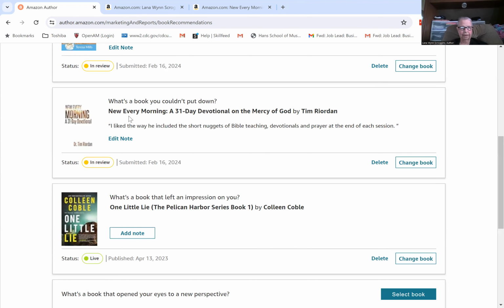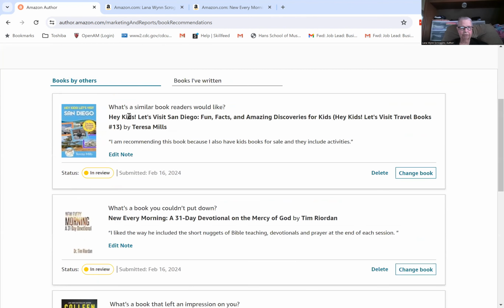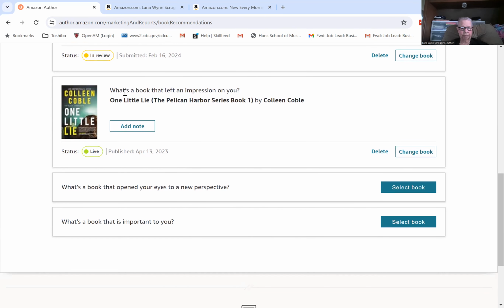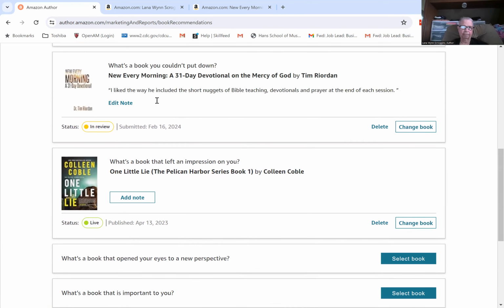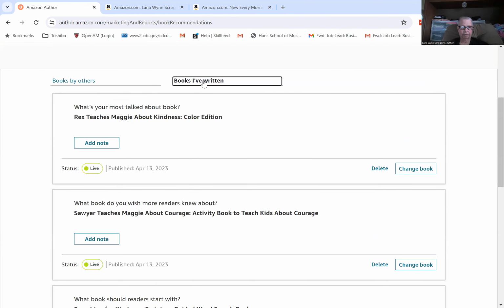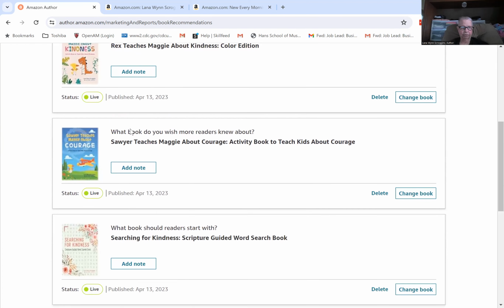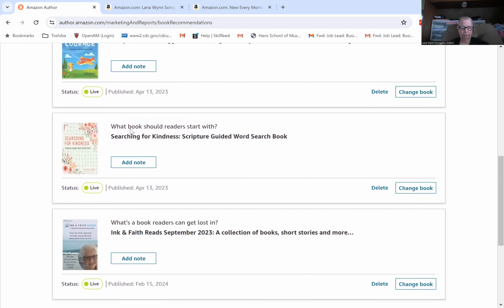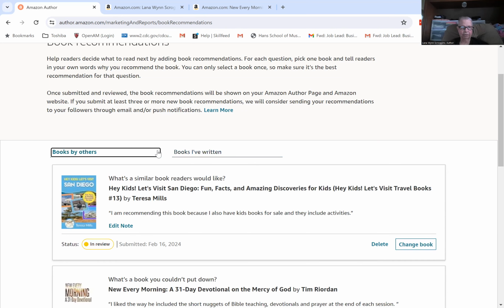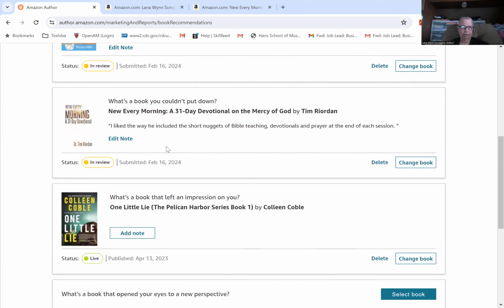Okay, so you can see how I've added a note to each, and I'll go back and add a note to each of these other books. I have several books that, if I also go to the books I've written, I can add a note to each of those books, which would be great. And then now I'm going to go back to the books by others because